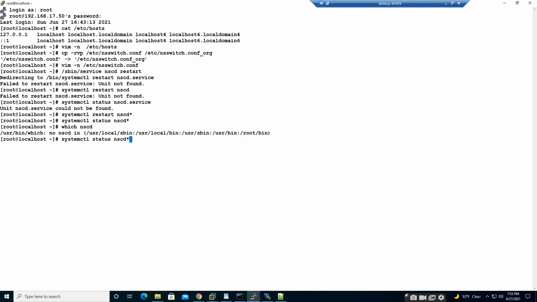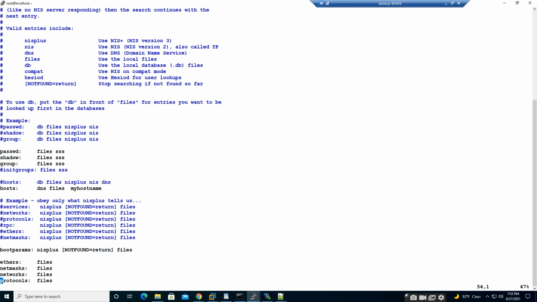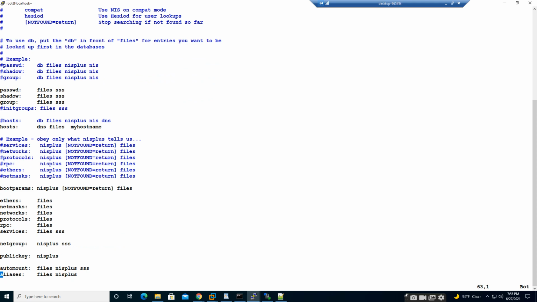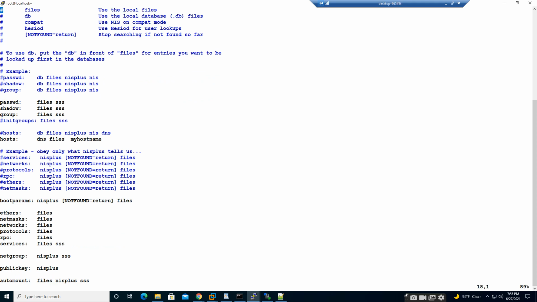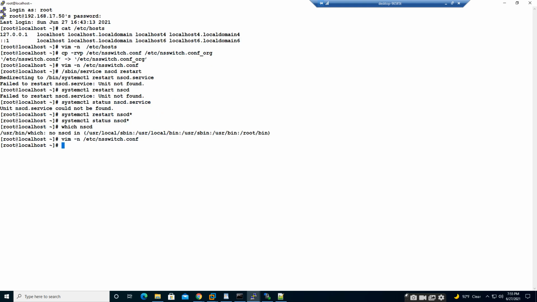Anyways, I think this configuration is not required. So I will just restore the file.